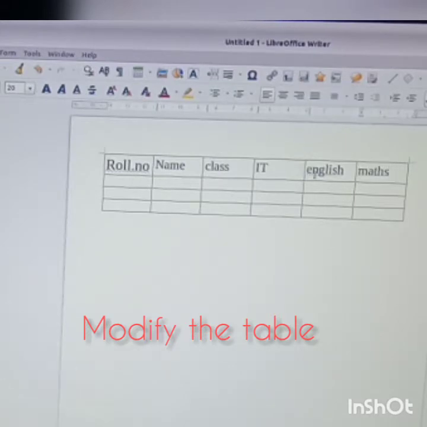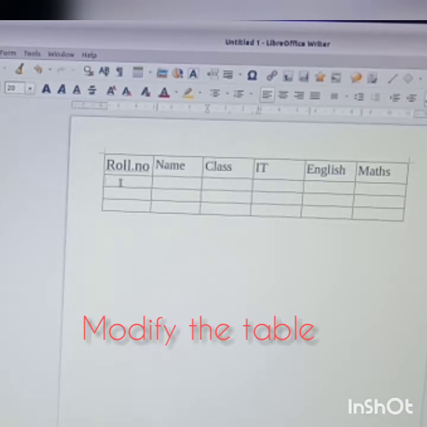If you have written it in a small letter, to make it a capital letter, just click here, press backspace and write capital letter E. Then again here also click, backspace and capital letter M. Here also class is in small letter c, so select it, backspace and write capital letter C, that is shift plus C. So this is the format that we need for the report card.